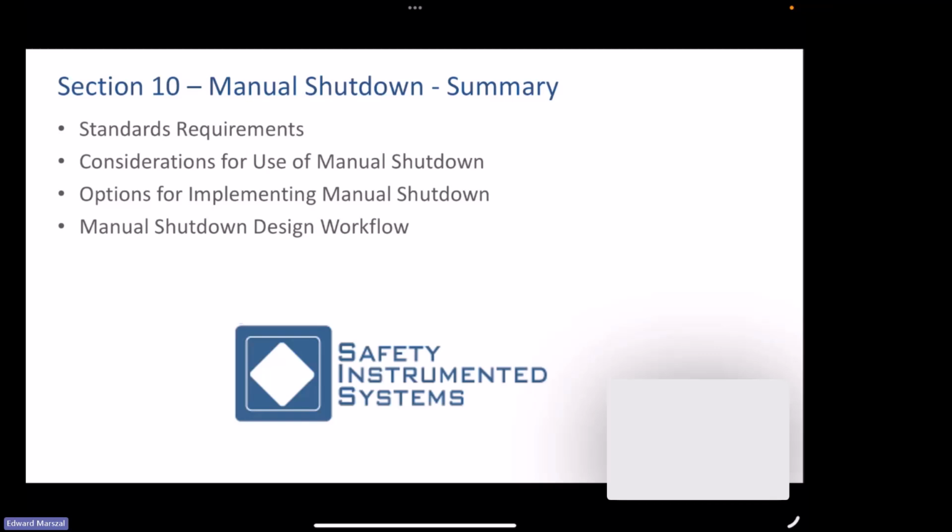So I wrote a paper about this, I think in 2011 or 2012. It was a long time ago. That basically says, well, I have alarms that need to be tested. I have manual shutdown valves that are only manually activated that need to be tested. What test interval should I use? And I've just made the decision that I want to turn this into a webinar as a whole. But the gist of that webinar is that